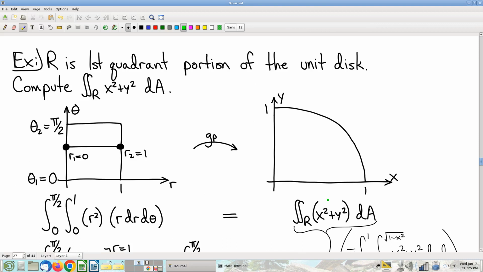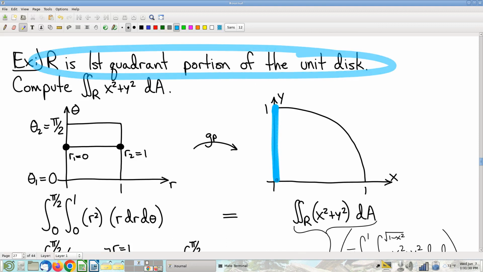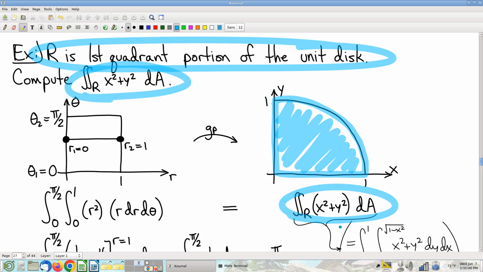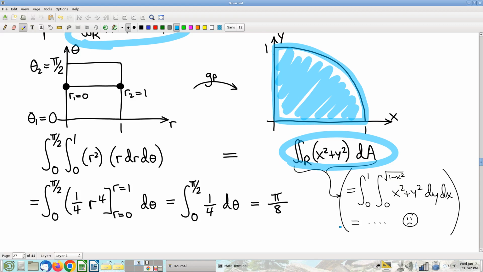All right, so let's suppose that here's my domain, the first quadrant portion of the unit disk. So it's this right here. And I want to compute apparently this integral right there. And before I get into the clever move here, let's recognize what a nightmare this integral would be if you